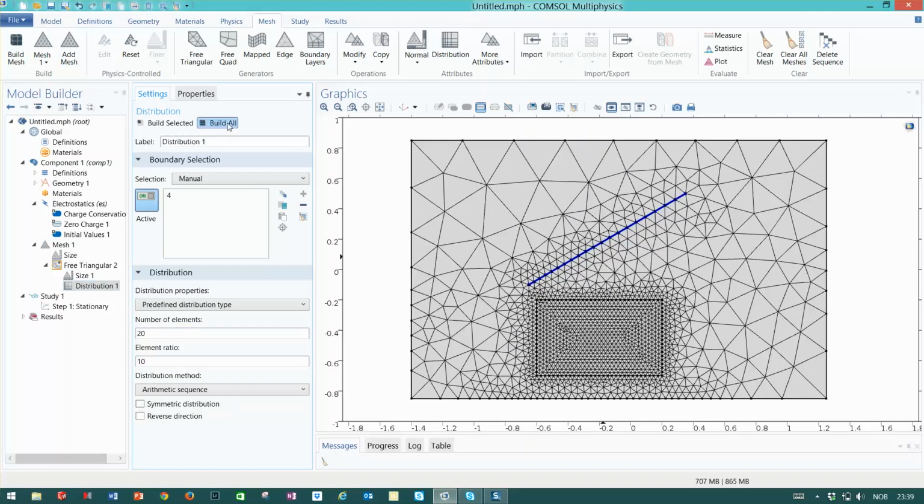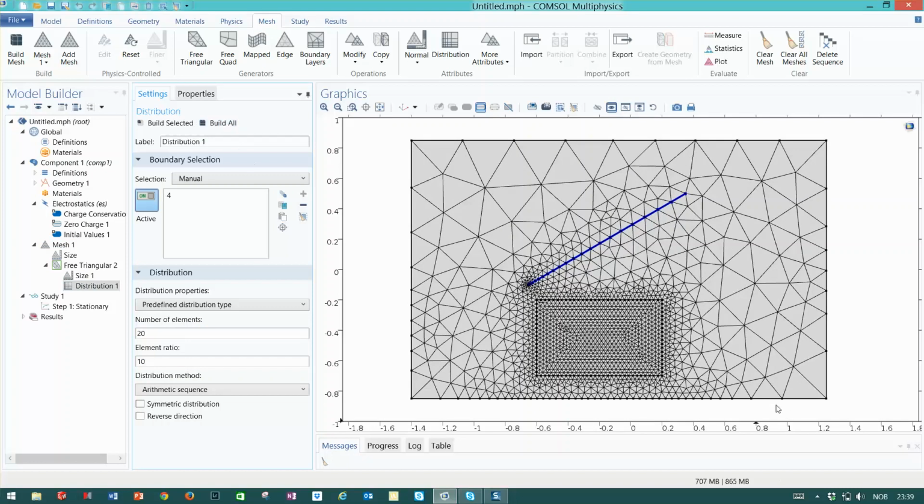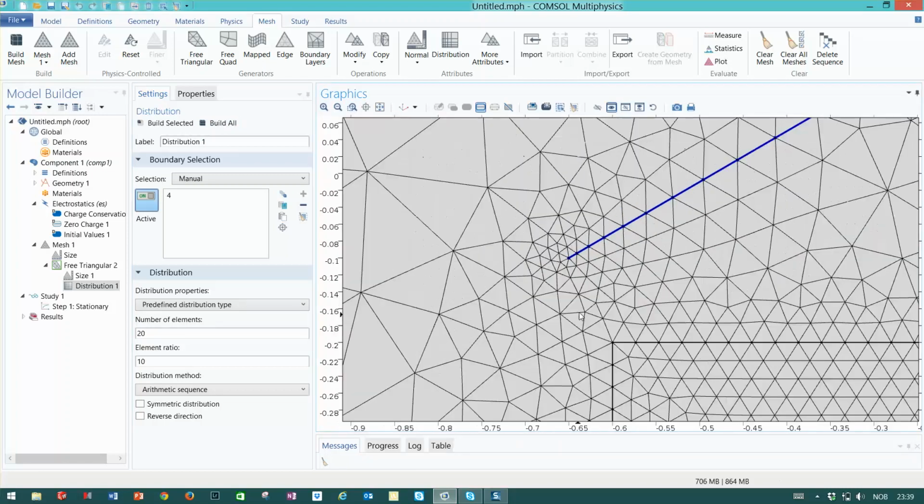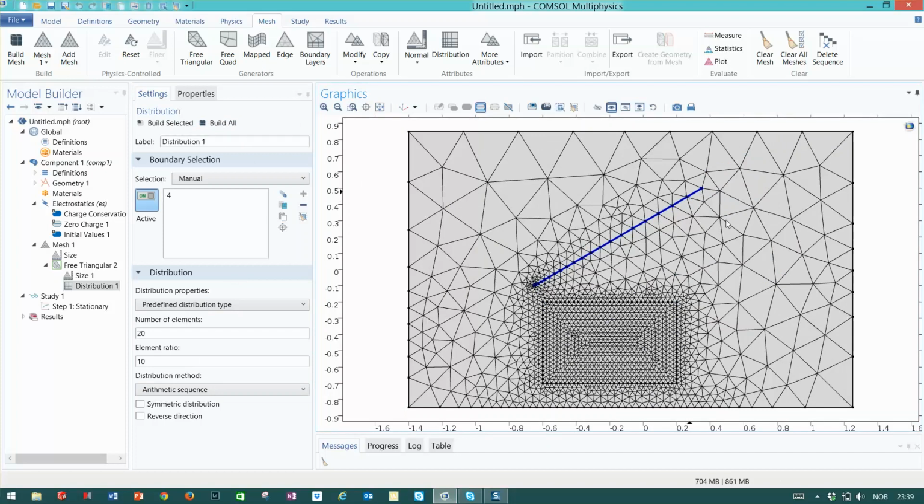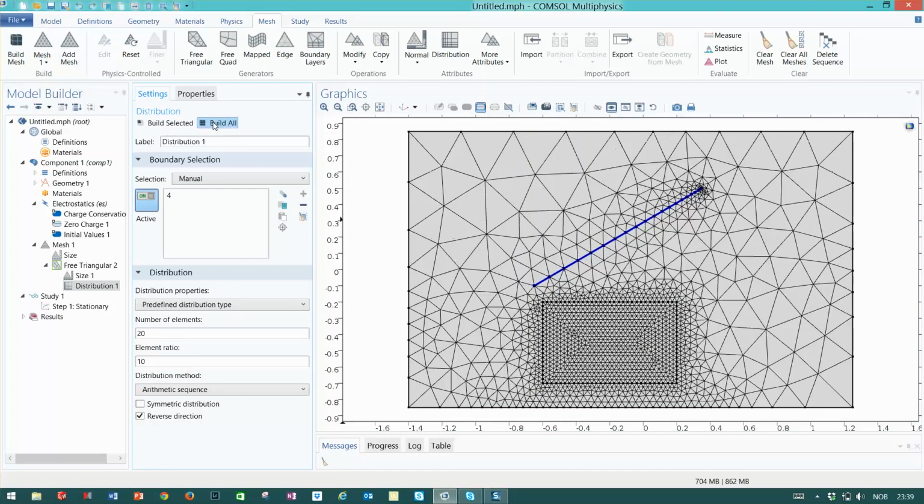So then again, I can type build all. Oh, that's fun. Now I have squeezed the elements to go down here to become small here. We can check it out. See here, it's actually very small down there. If by chance this was not what I wanted, maybe I wanted the elements to be small up here, then I simply reverse the direction here and do a build all again. Comes up here. So that is how you can operate on the